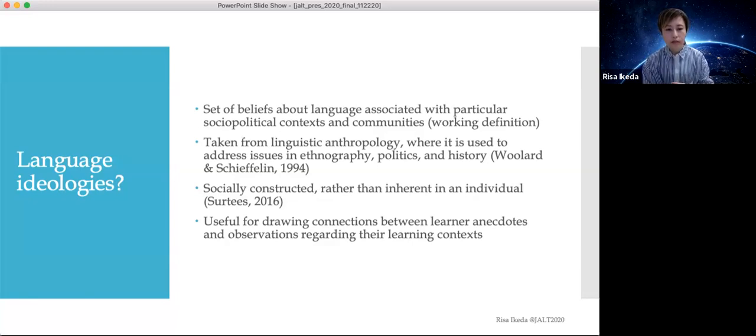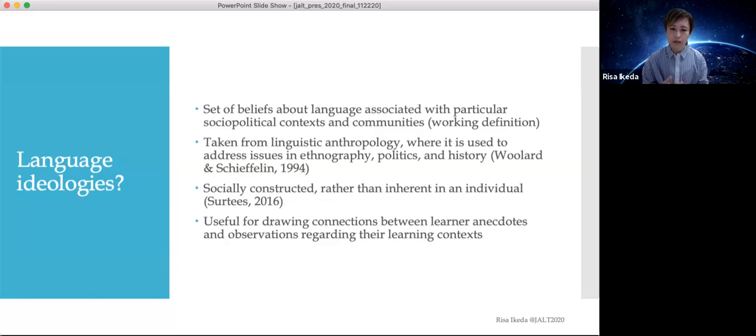Originally, it was taken from linguistic anthropology, I believe, according to what I've read, where it is used to address issues in ethnography, politics, and history. Then this got adapted to also language learning settings and study abroad settings. And in Surtees, this article is something I really agreed with, and so I decided to adopt it. The important part that I found in this article was that language ideologies are socially constructed rather than inherent in